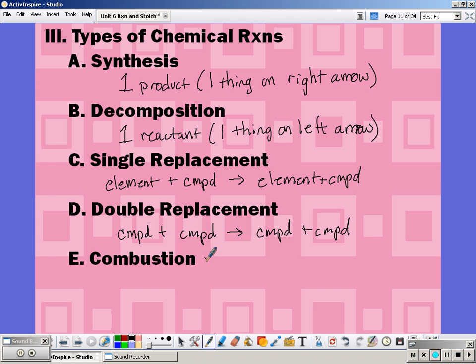Combustion is any type of reaction that releases heat and light. So when you think of combustion, you think of fire. Fire gives off heat and light. Now, combustion reaction, you have a hydrocarbon plus oxygen, and that's going to give you carbon dioxide